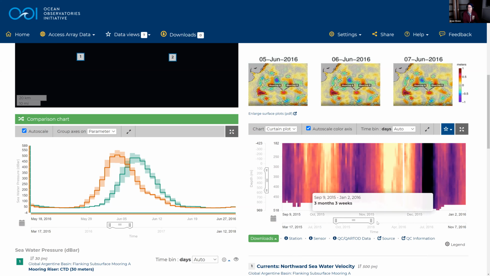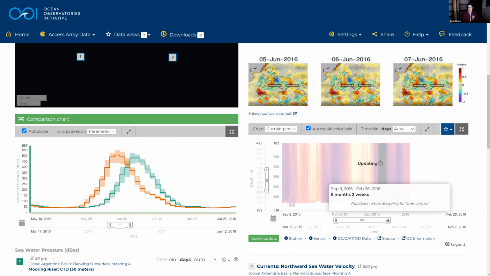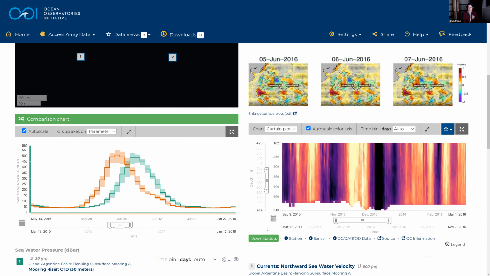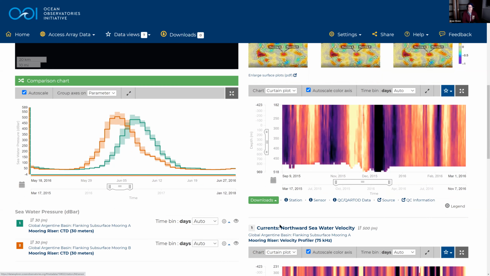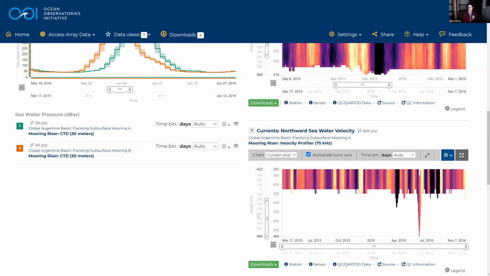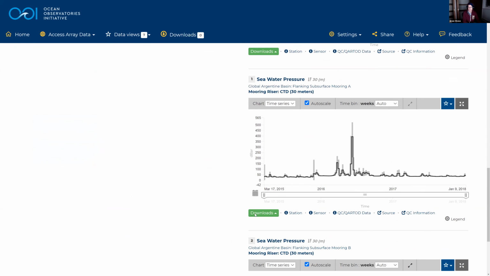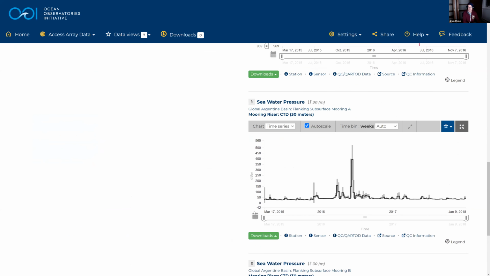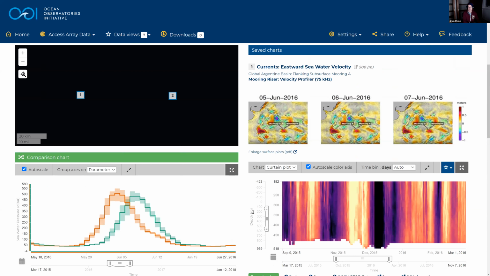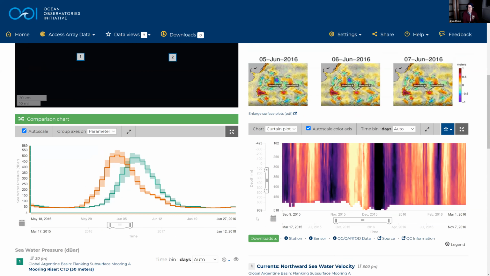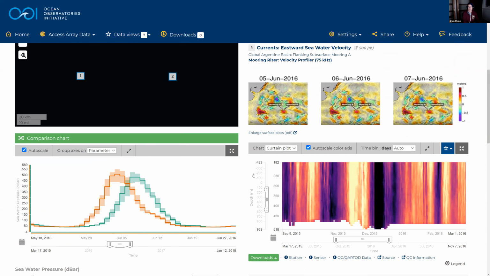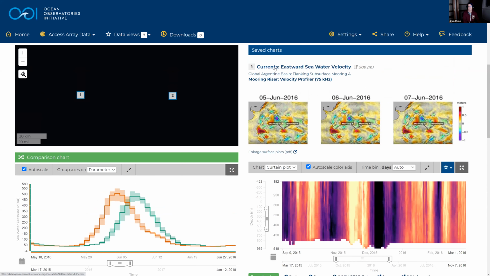During the highlighted time period, the depth of the instrument, that pressure increased, so it went underwater and came back up. And so that's illustrated using these different time series. So these all lead into different parts of the system. If this is a particular thing that you're interested in, you can click on a chart title to get to a full page display of just that time series. You can see more context by clicking on the array,